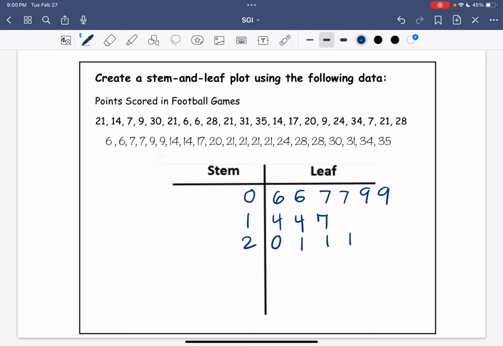4 21s, 1 24, 2 28s. Well, I put them too close together. Let's fix that. Okay, the last stem is going to start with a 3 because we have 30, 31, 34,